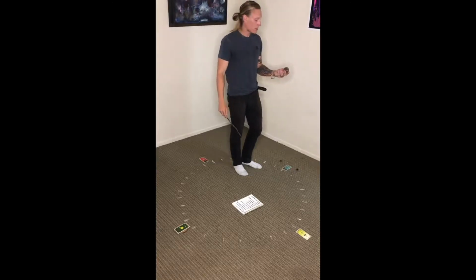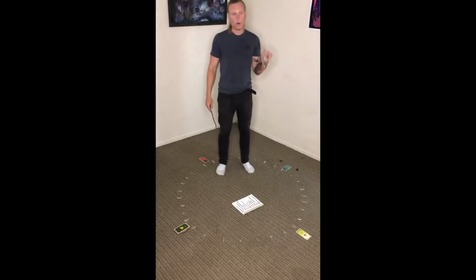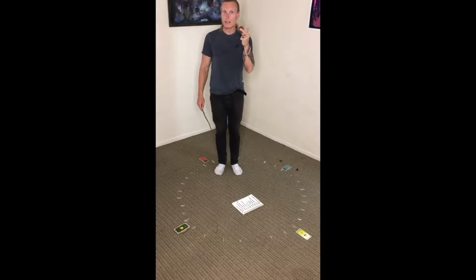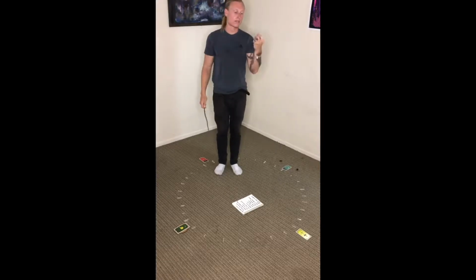So now what we're going to do is hold the orb. We're going to be standing there. The orb is going to be in the left hand for downloading, right hand for uploading. Okay, so left hand, you got the orb there. Now you can visualize a 12 spiral vortex spinning around yourself. So if you can simply just visualize,